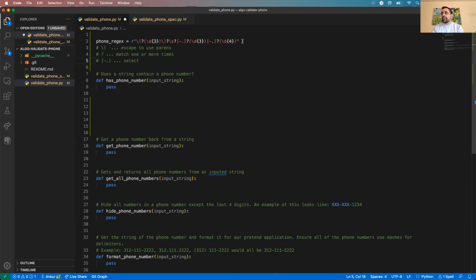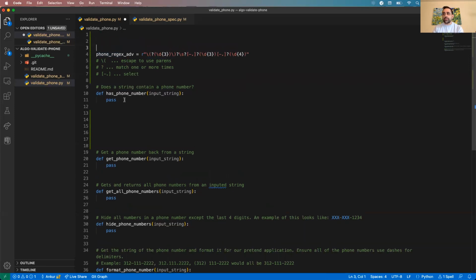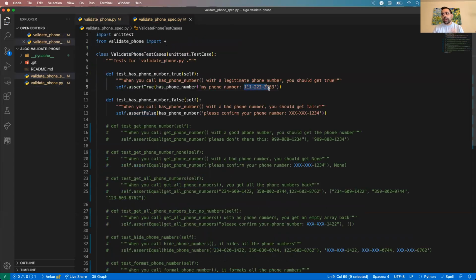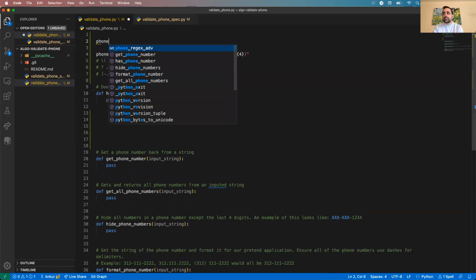Yeah, absolutely. So let's call this advanced phone regex, because this will be useful for some of the other functions. But if you want the simplest form, especially for has phone number, based on the inputs, again, I'm assuming what the inputs are going to be. It's going to be something like this. Maybe a simpler phone expression might be